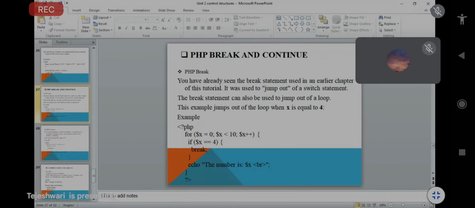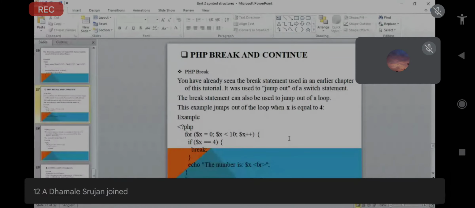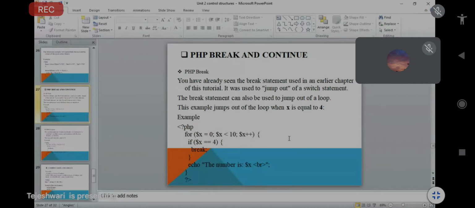So in this program, first the statement "The number is 0" will be printed. Then the for loop will be incremented because x++ is given, so it will be incremented by 1: 0 becomes 1, 1 becomes 2. Whenever the condition $x == 4 is met, that is 4 equals 4, it will break out of the loop.